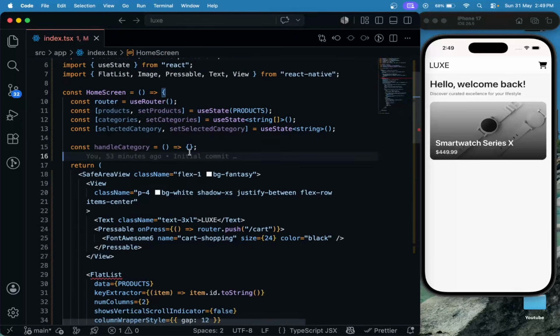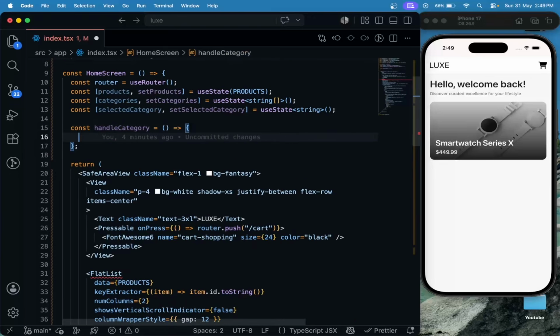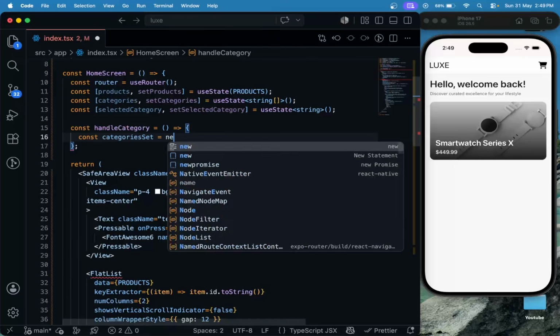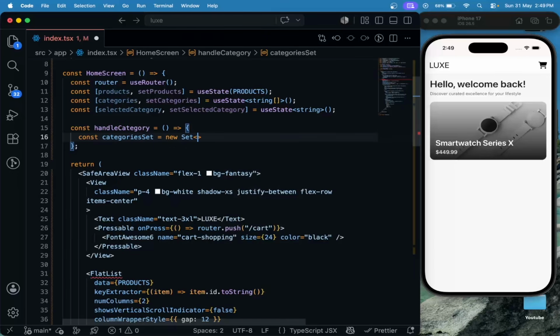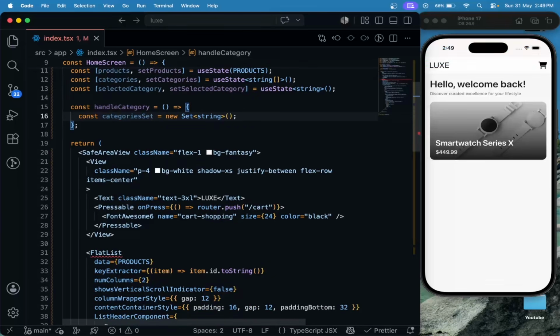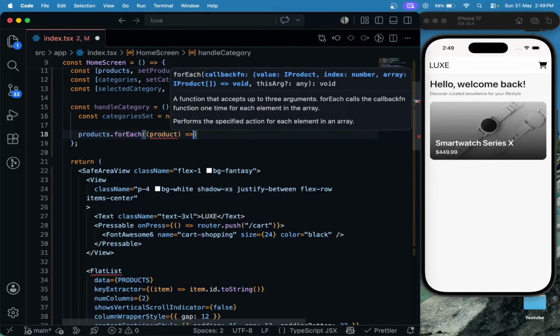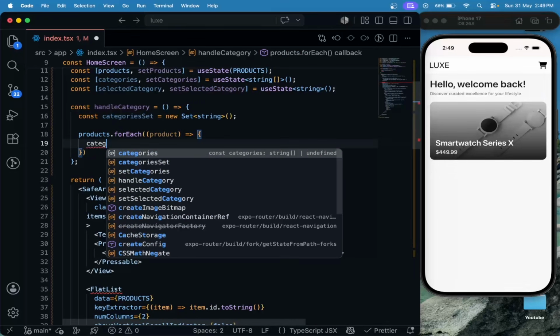So what I'm going to do, I'm going to create one category set, categories set, and we'll create one set of type string. Then I will say products dot for each. I loop through the product